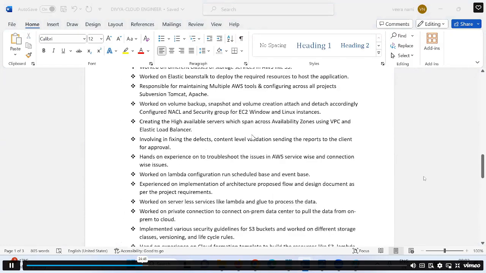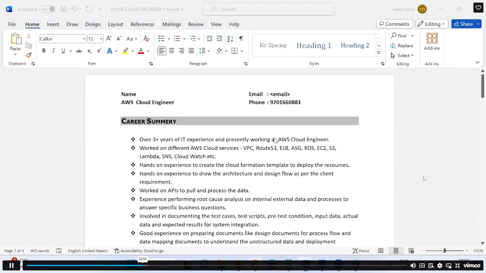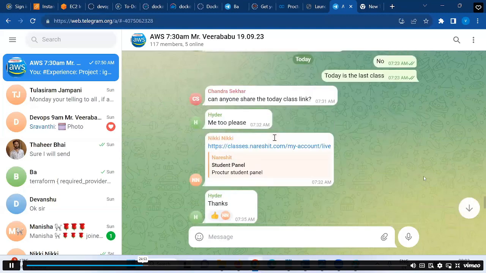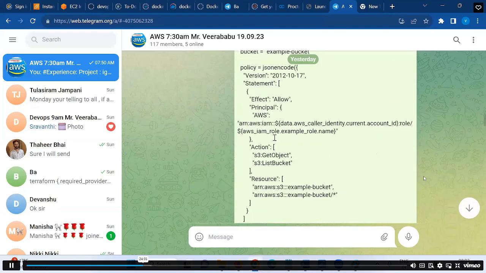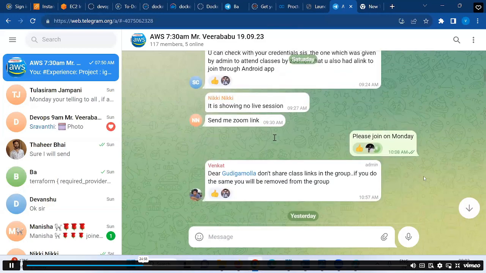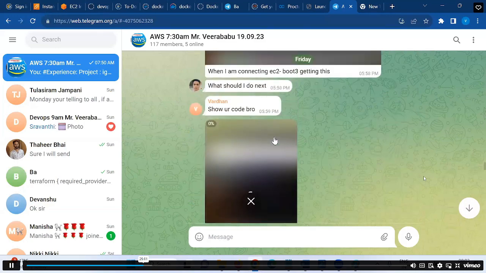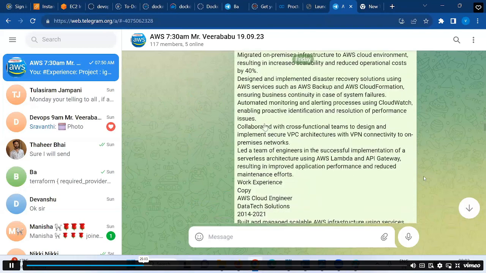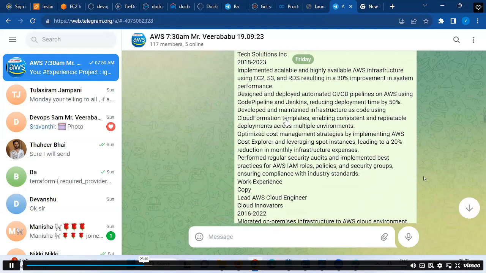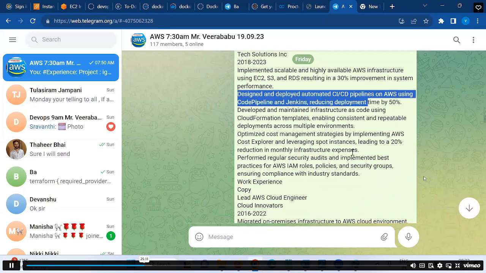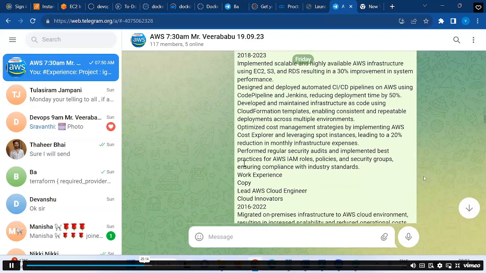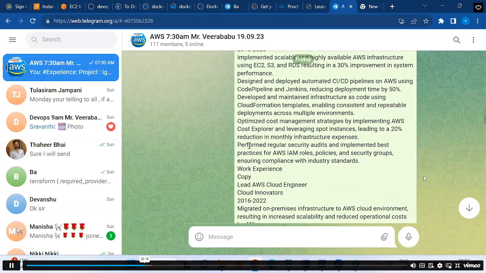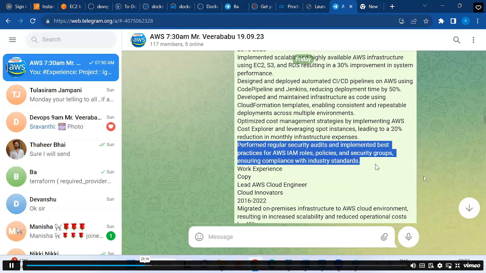Next, as you can see, I have already sent a few points here, I think a few days back. See guys, if you know any points, just copy and paste them into your resume. But don't copy directly now. Just copy somewhere whatever points you know. For example: performing regular security audits and implementing best practices for AWS IAM roles, policies, security groups, ensuring compliance with industry standards. You know this, right? Just copy it